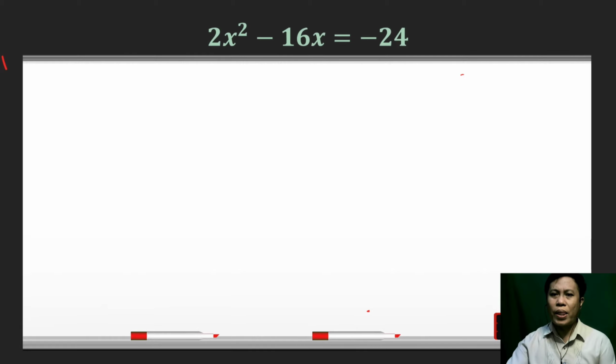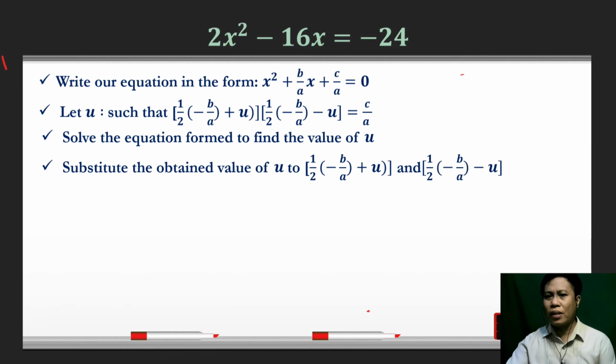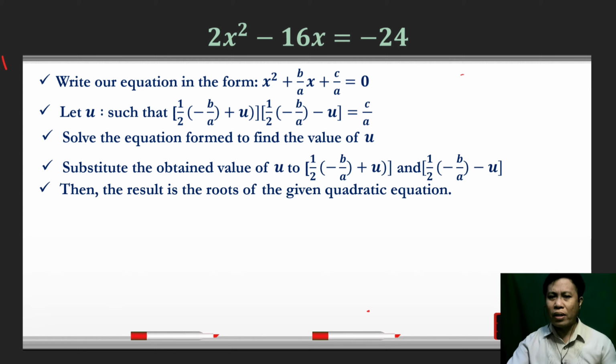Okay, let us have another example. 2x squared minus 16x equals negative 24. So again, ito yung mga steps na tatandaan natin, ipapractice natin sa isip. So, ang unang gagawin dyan, the first thing that we should do is to make the coefficient of x squared be equal to 1. So, you have now 2x squared